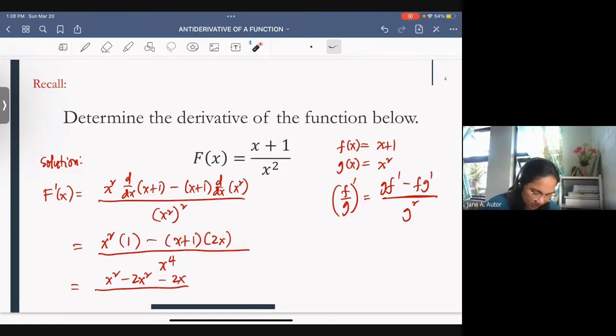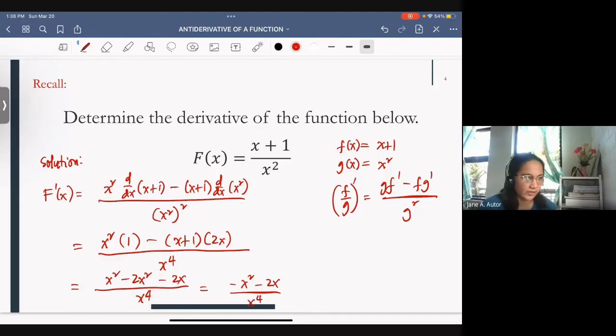Let us copy the denominator, that's x raised to 4. And then, if we simplify the numerator, we'll have x squared minus 2x squared. That is negative x squared minus 2x divided by x raised to 4. As you can see, for our numerator and denominator, we have x for each term, so we can factor